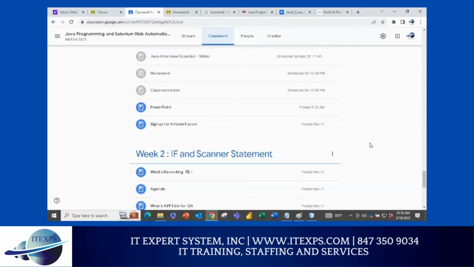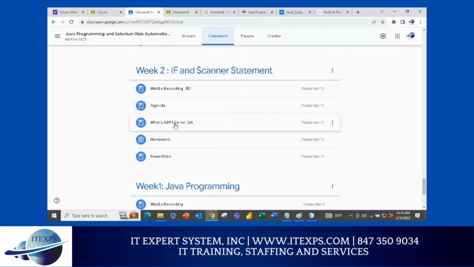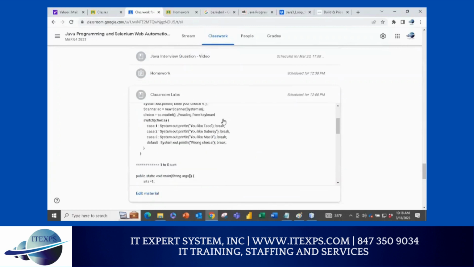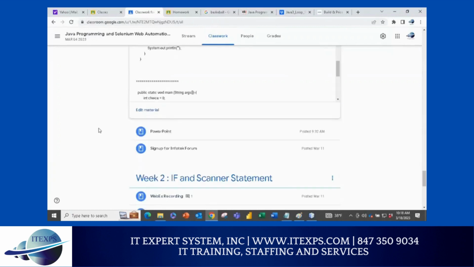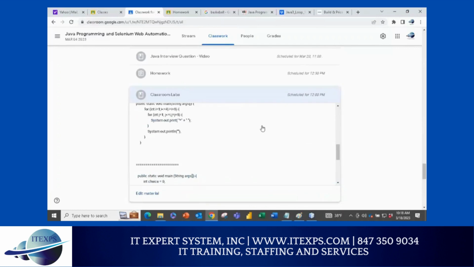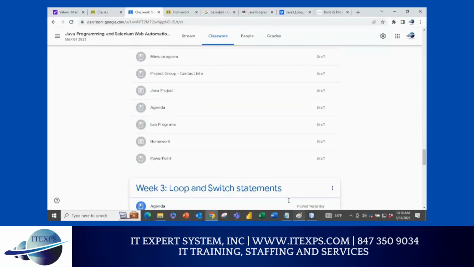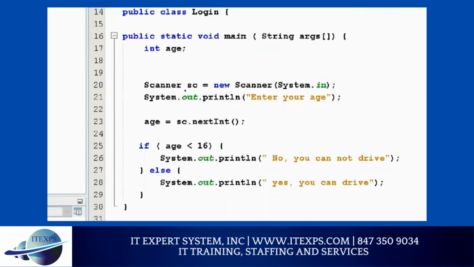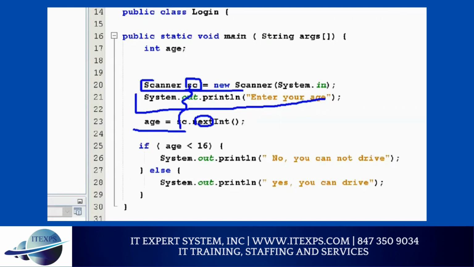I forgot where I did it, but I did. If you have a problem with the variable, because with the scanner you start reading, then enter username and use sc.next and store the username. And then again, you say enter password and sc.next. These variables you don't have to repeat again because you have defined the scanner only one time. Make sense or no? Yeah, okay.